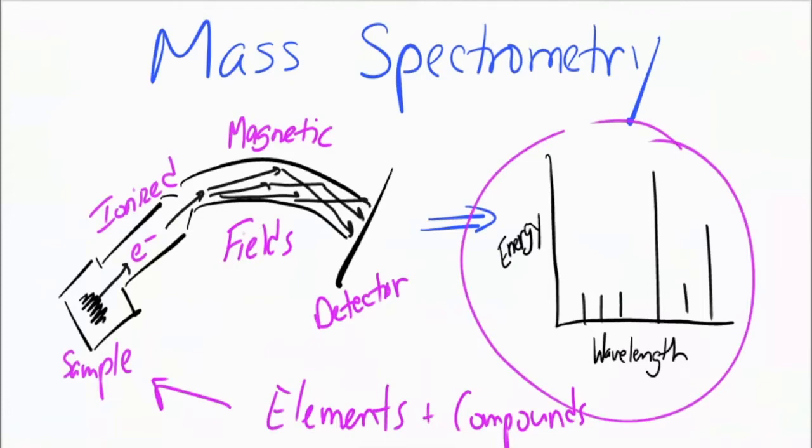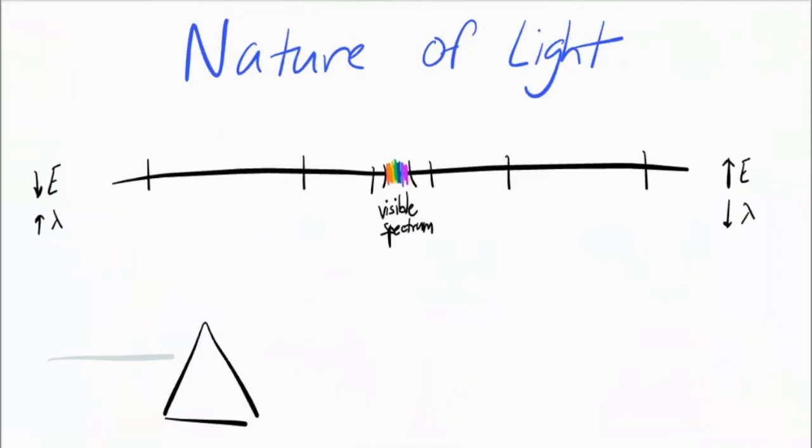So some unknown sample can have an identity based on ionizing the material, separating based on mass, and looking at the energy with which it took in the electrons and gave off the electrons, and that resulting spike in energy. So this energy and ionization is based on radiation, and we know light as radiation, specifically electromagnetic radiation. What we're familiar with is the visible spectrum that we set as the center of this electromagnetic spectrum.